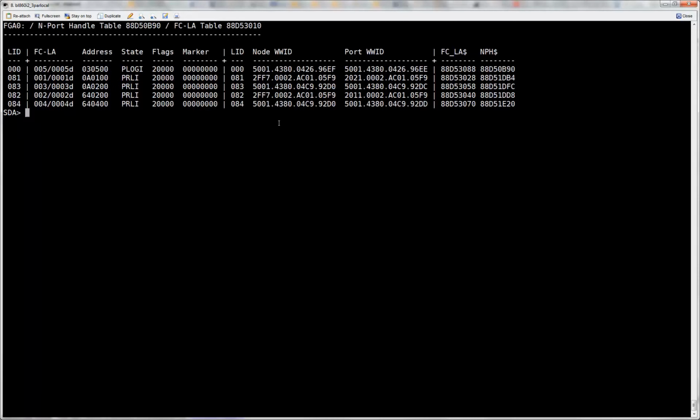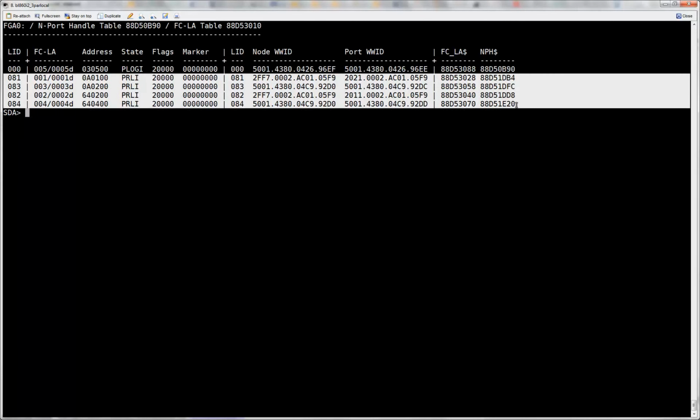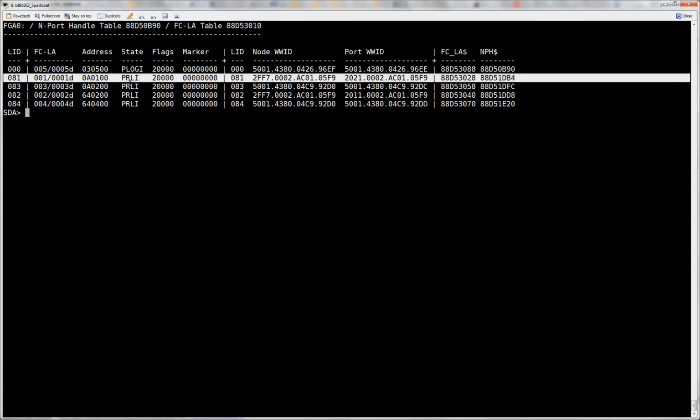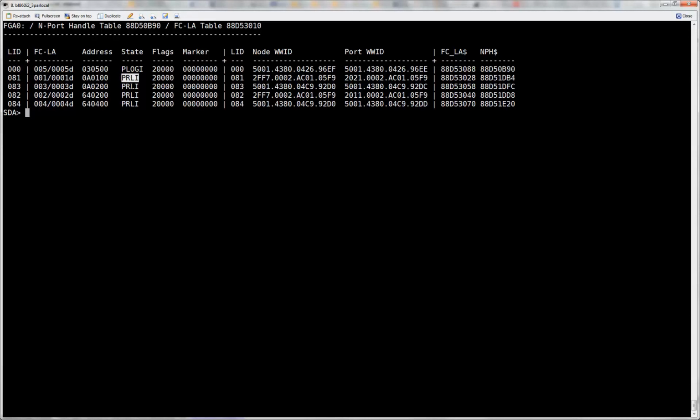The other level of detail that we can see is the address. When you do the fc show address table, it allows us to tell whether this device is logged in to a particular port or not. The LID of 0 indicates that this device is mostly an HBA, as you might have seen in the name server. The other devices are the target devices, and you can see the state of each device, specifically the login state. This is one of the fiber channel states which indicates that the connection is formed, the process login has been completed, and it's ready to send the IOs.